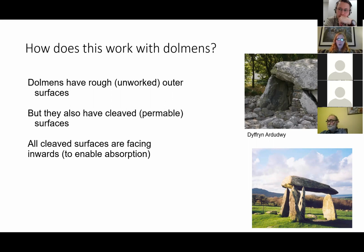Now, when we come to look at dolmens, we spent a lot of time happily looking at the capstones. One of the other things that we've noticed, again, this is universal, whether you're in Brittany, up in southern Scandinavia, in Ireland or the west of Wales, is that dolmens always have a cleaved inner surface. That's the inner surfaces of both the uprights, but also a cleaved underside to the capstone. And what that enables, in contrast to those nice skins on the outside of the dolmen, which is the natural surface, is that that's a surface which